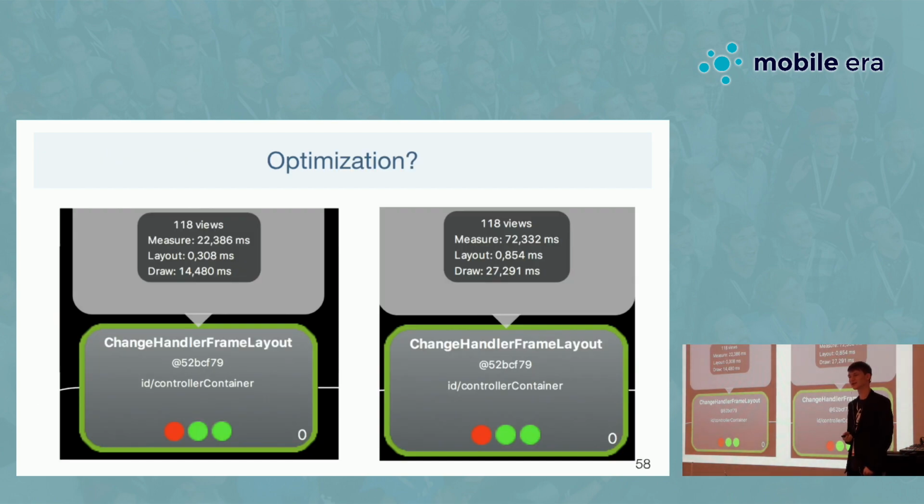And as I told you previously, when we removed some containers, we were not sure if we had some optimization. Why? Here you see two consecutive calls for this profile node, and the amount of views is the same, and the views are the same, and the build is the same, but the difference is like 3 or 4 times. Why? Because when you measure something, you will always have some distribution of these measurements. There will be some average result and there will be some outliers. And here we see an outlier. When we want to understand the real value, we should make the same measurement again and again several times in order to understand what the average one is.